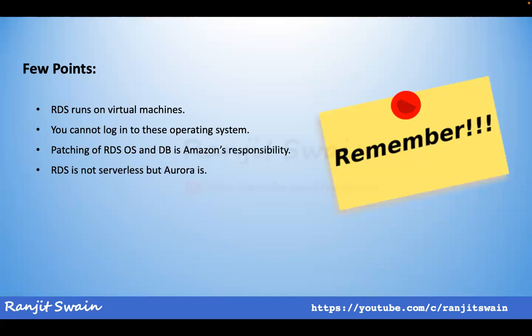RDS is not serverless, but Aurora is. That means Amazon Aurora is a serverless database. Okay. Now,